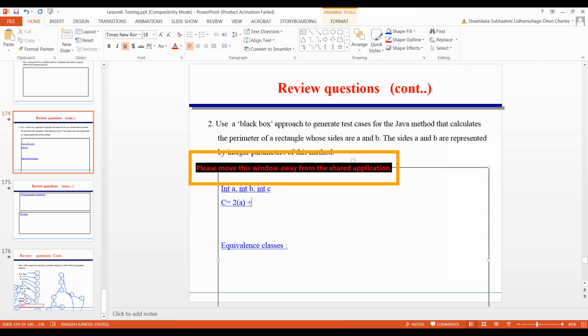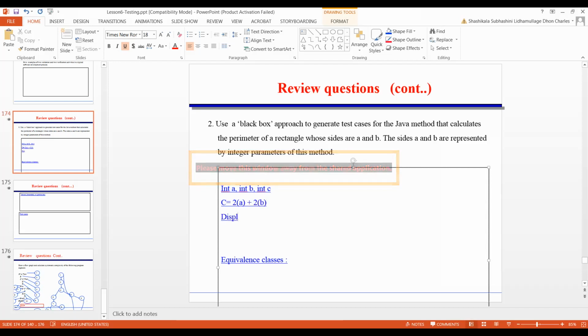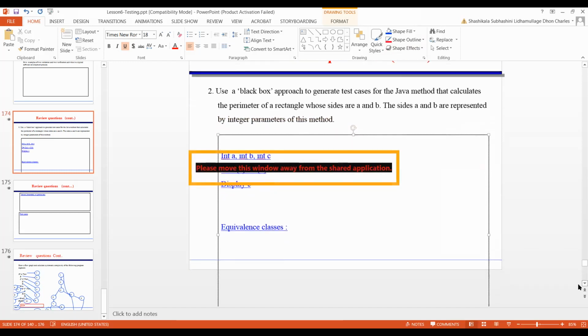Yes, that is correct. This is the answer. Then display C. Okay, this is the pseudocode. Now we need to write down if we are going to test this program.